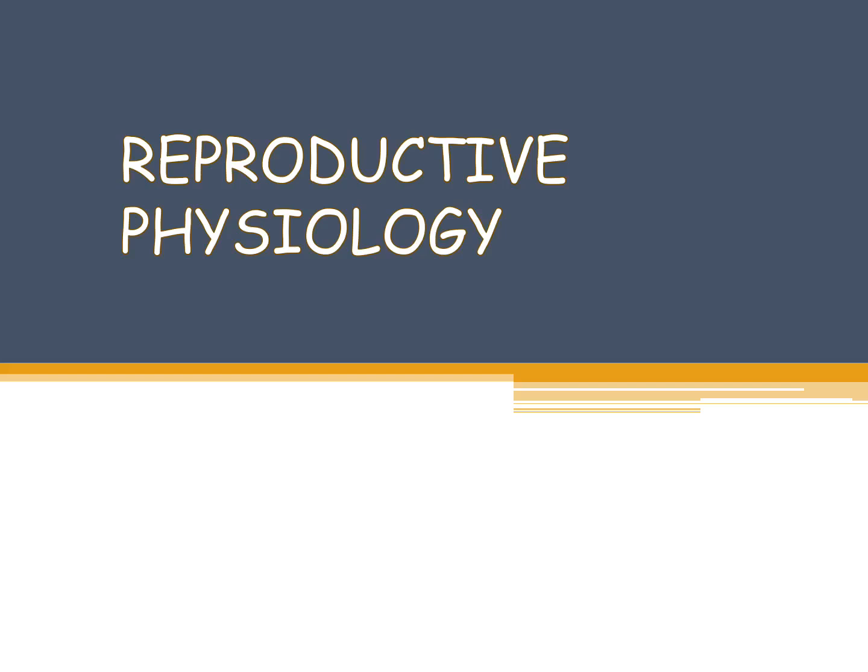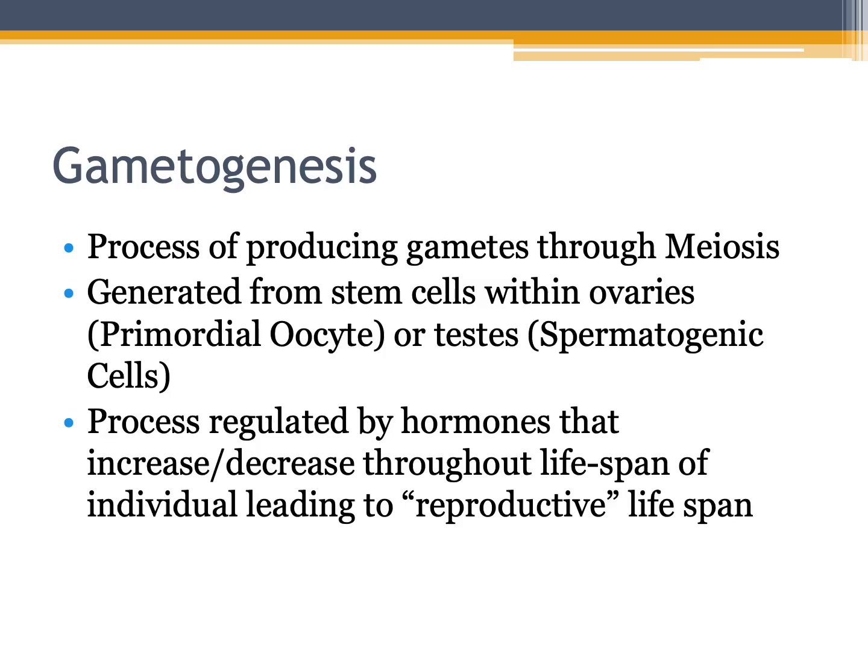So let's talk about reproductive physiology. The principal function of reproductive physiology is to increase the genetic diversity within offspring. The way in which this takes place is through the process of gametogenesis. Gametogenesis is going to be producing gametes through the process of meiosis, in which we're going to generate from the